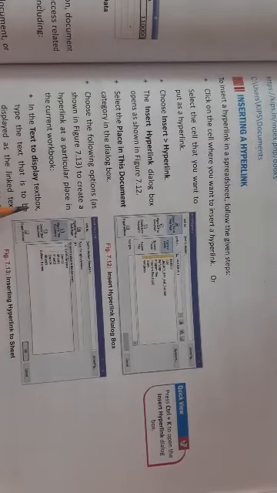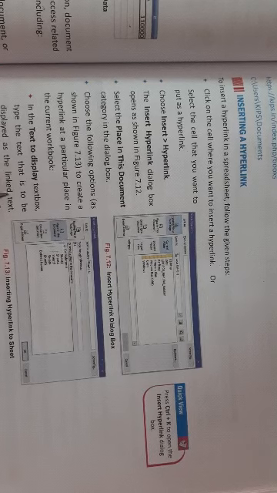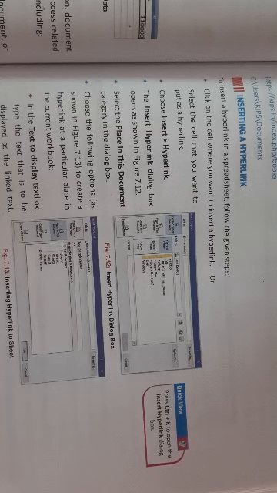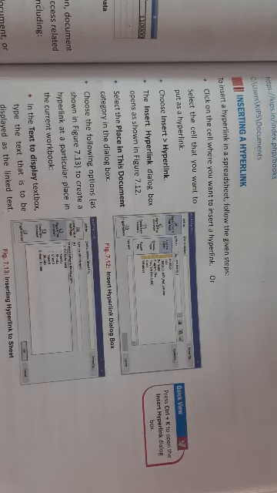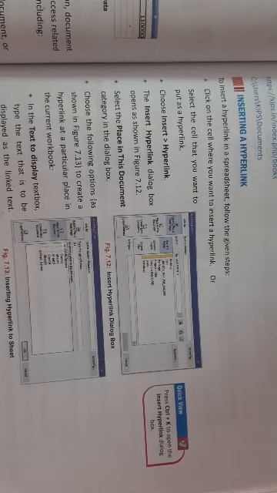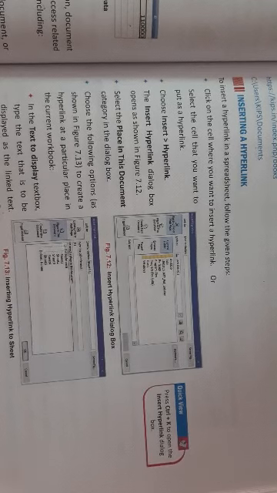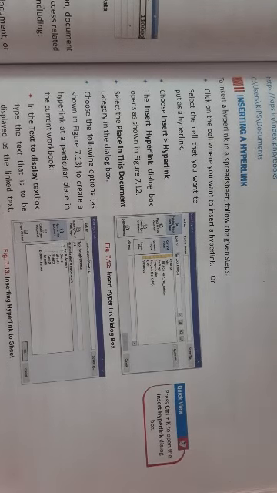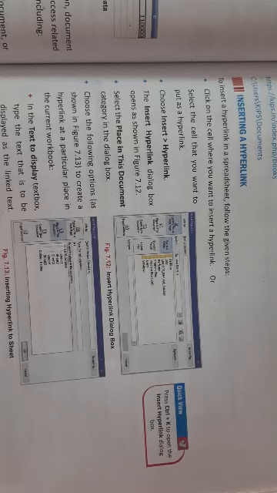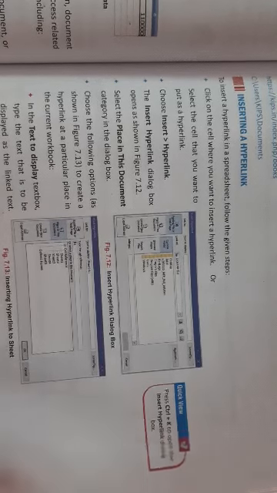In the text to display text box, type the text that is to be displayed as the linked text. This is an optional field. By default, Excel displays the cell address. In the type the cell reference text box, enter the reference of the cells to be linked. In the or select a place in the document section, choose from the list of sheets or defined names to select the area to be linked. Click on the OK to insert the link.